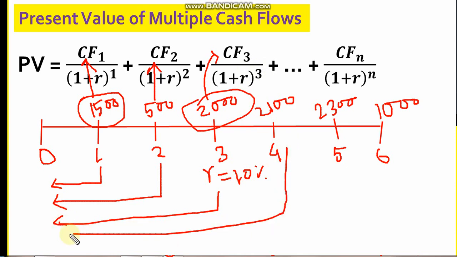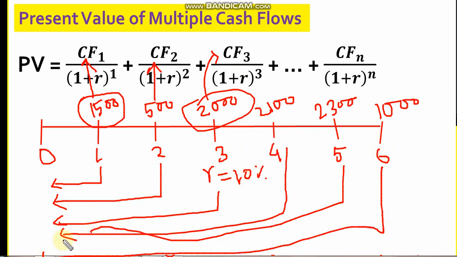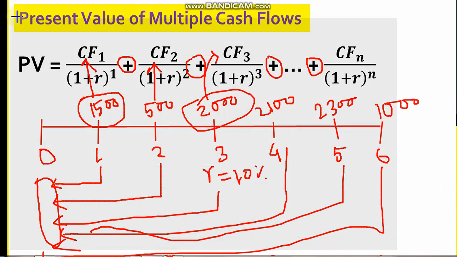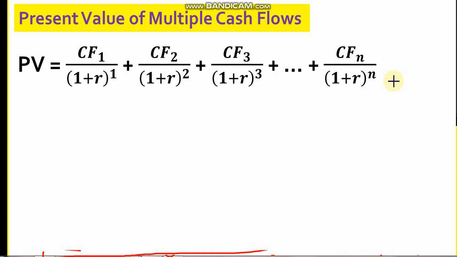Similarly, I can convert all the values individually into present value, right? And at the end I can add all these values to get the total present value. That is what I have done here in the formula also. I have first converted individually, and then I have added all the converted present values. Okay, now this is what we are doing in case of multiple amounts. So first let me clear this all. Okay, fine.